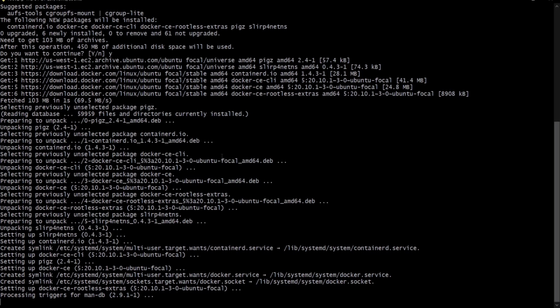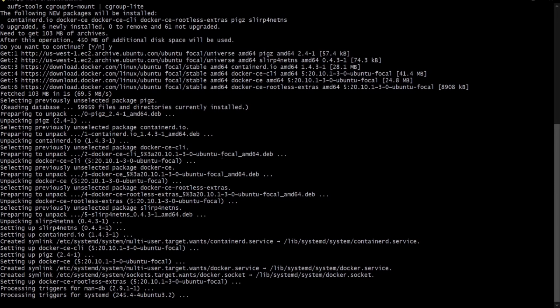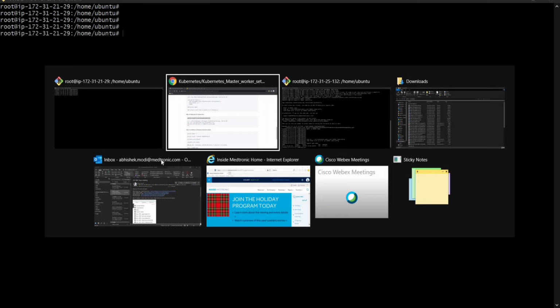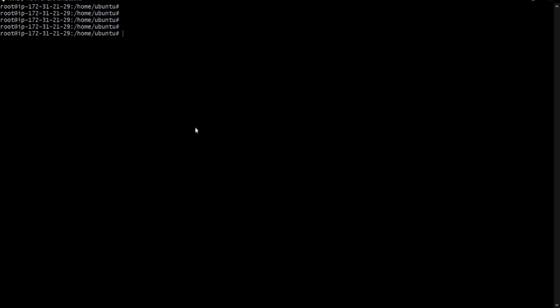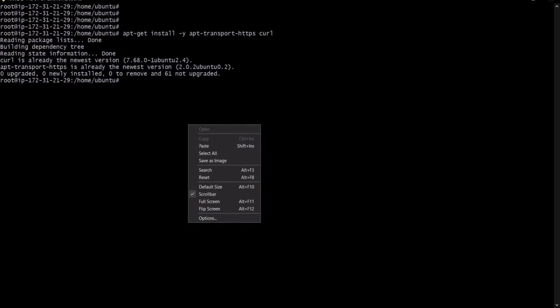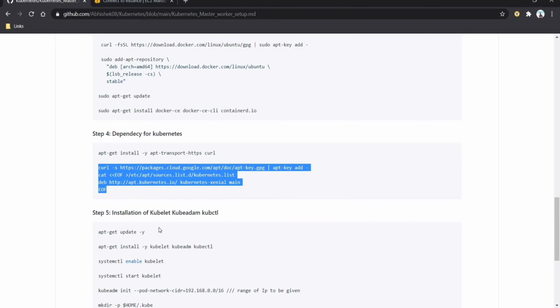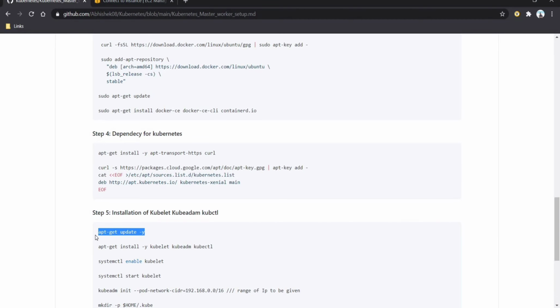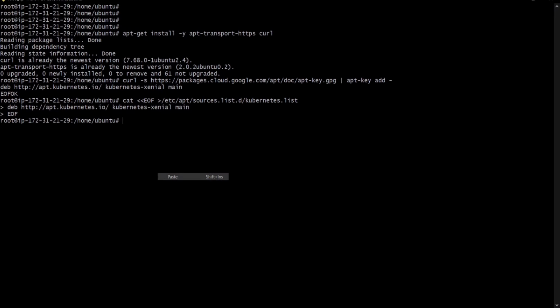Same here, we have to add it. Let's clear the terminal, copy the dependency, and execute it here. Okay, it's working, and execute this command. It is also done. Now we have to install kubectl, kubeadm and kubelet.